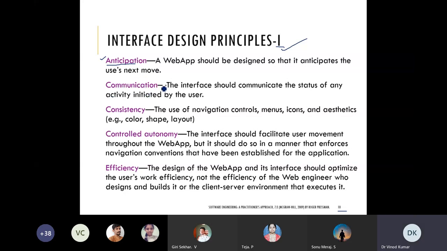Communication. The interface should communicate the state of any activity initiated by the user. So status is also compulsory. Suppose you are downloading some pages or a video from YouTube.